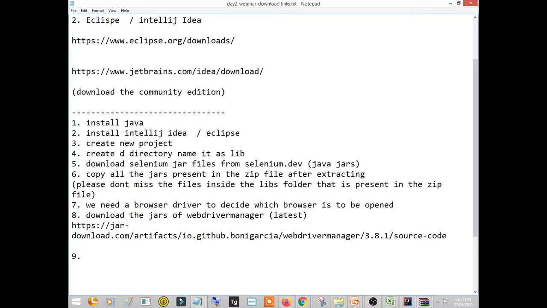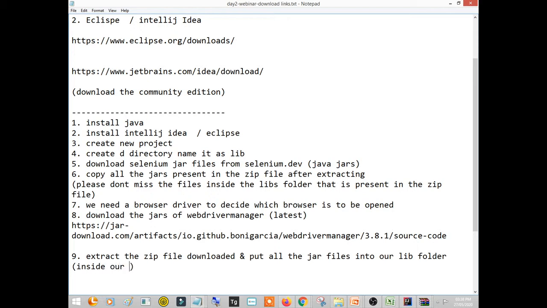Okay, so here is the next step. Ninth is extract the zip folder or zip file downloaded and put all the jar files into our lib folder inside our project.